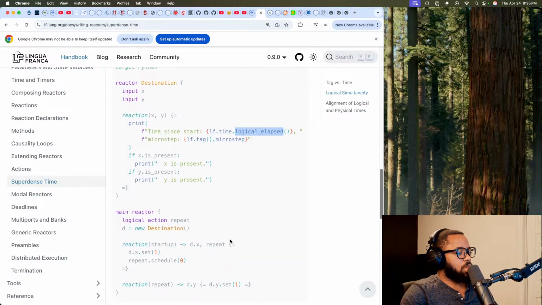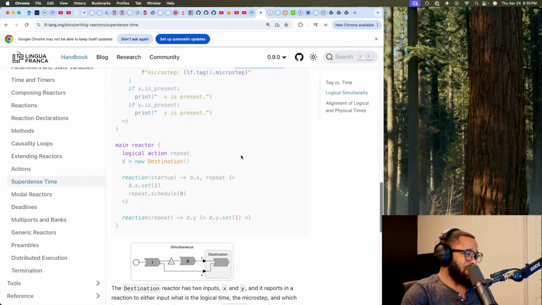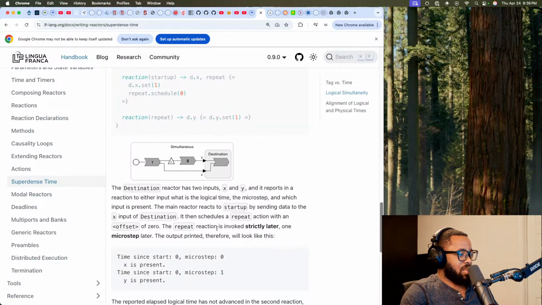So maybe going from one logical time to the other will be considered, let's say, a macro step, and then between them you then have the concept of micro step. That's about how much I think I understood. And I think just by looking at this, that's exactly what it is.